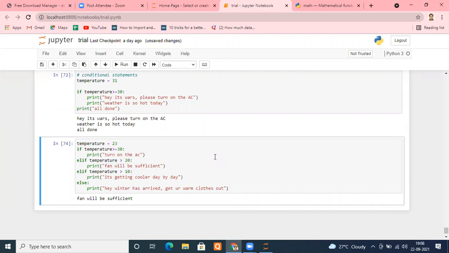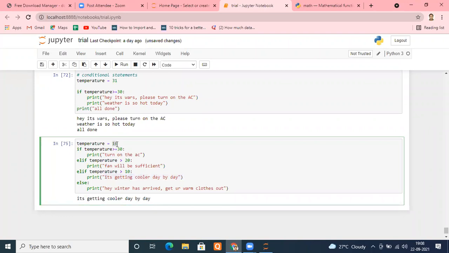Okay. Now let's go to 16. So this condition has failed, this condition has failed, I moved here. Yes, this condition is satisfied. So now this will be executed and nothing else. Let me run this. Can you see?